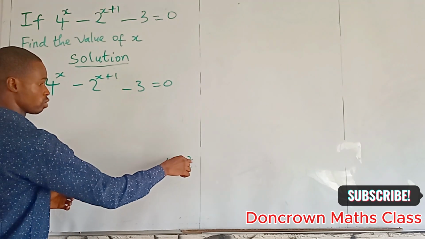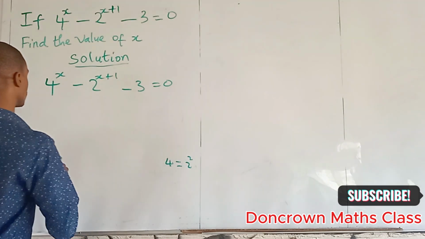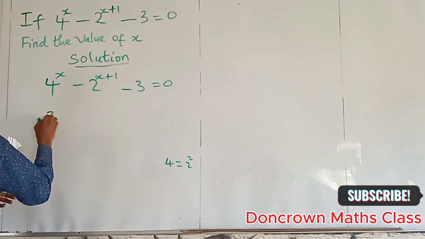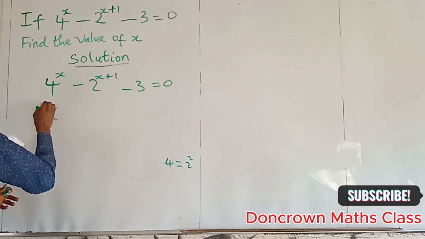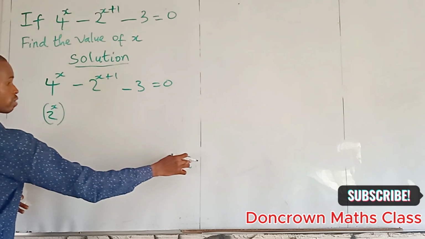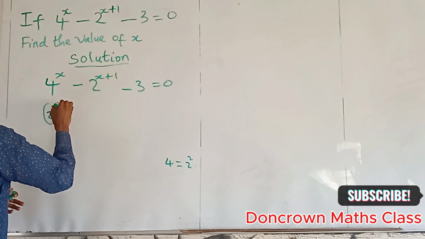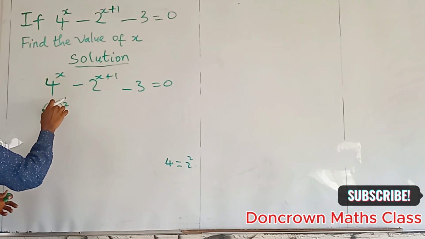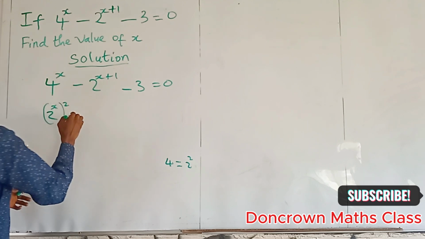Why? Because 2 raised to power 2 is equal to 4. So we express this as 2 raised to the power of 2, in bracket, raised to power x. Then this power of 2 here, we write it here, so this 2 is multiplying this x here. You get that now? So we now have